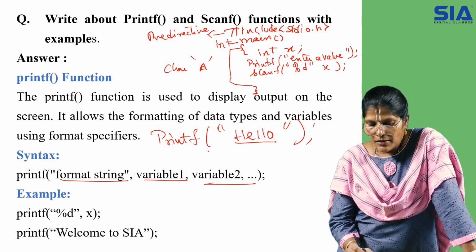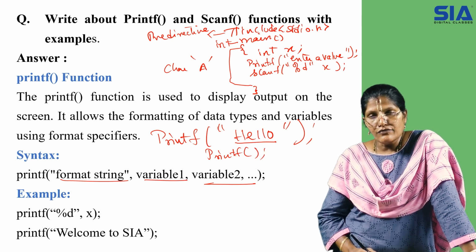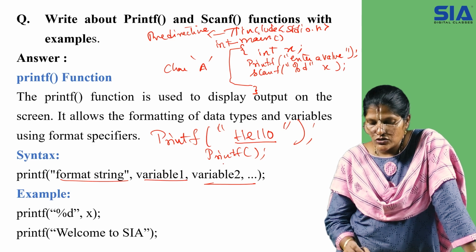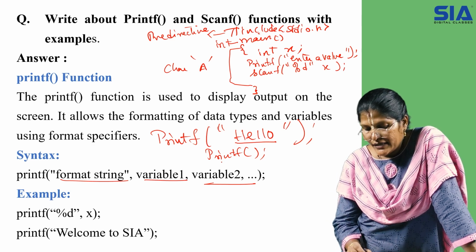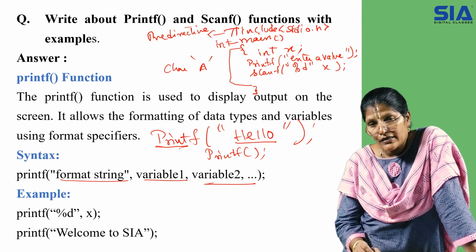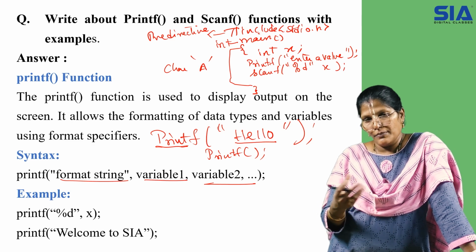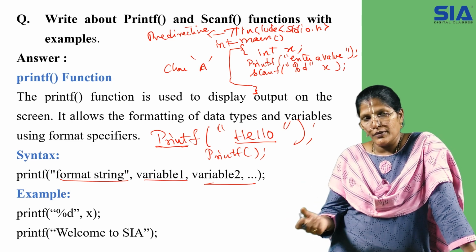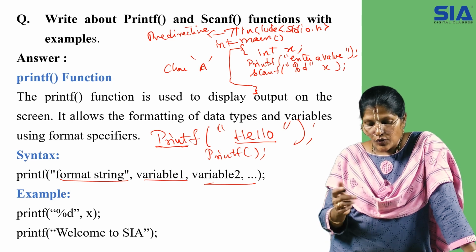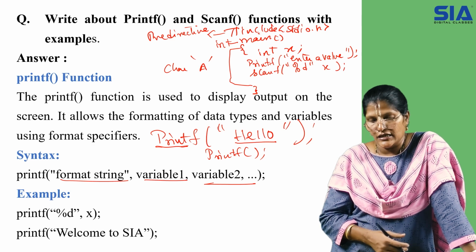Printf is a function, and within it, it is trying to print. Look at the difference: what is the functionality of a printer? To print the data from the output device to paper, so that we get a hard copy of the printout. Here, you are printing the content onto the monitor screen as a soft copy.